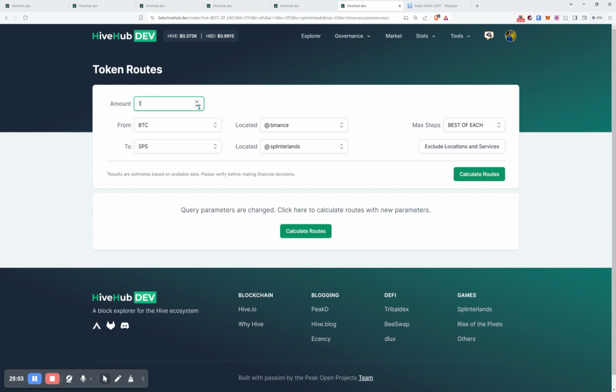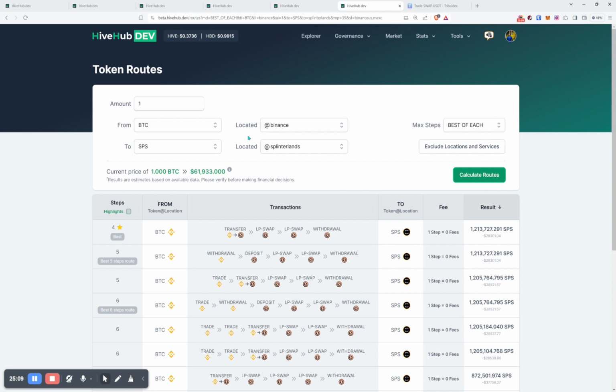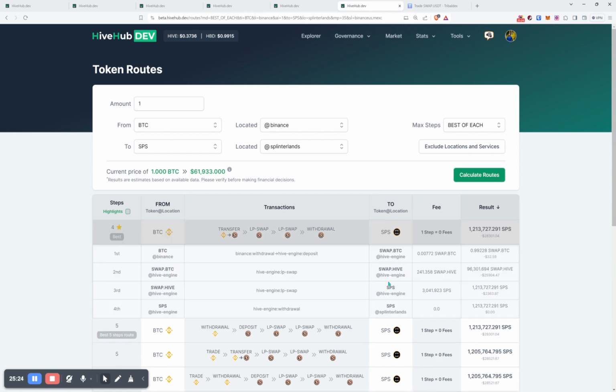What if we do some ridiculous thing like 1 BTC? That's going to be crazy. That's almost $62,000. You'd be losing a lot of money by doing all $61,000,